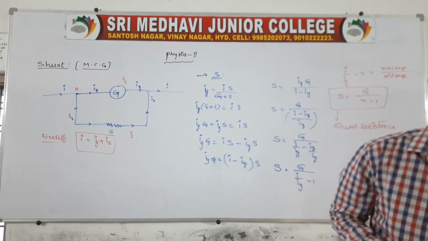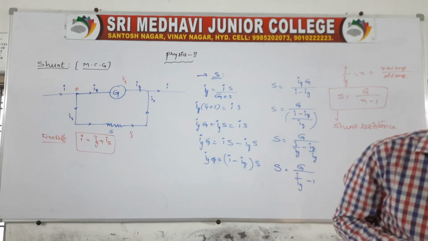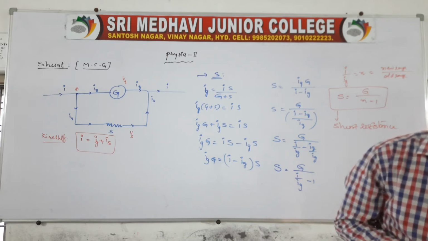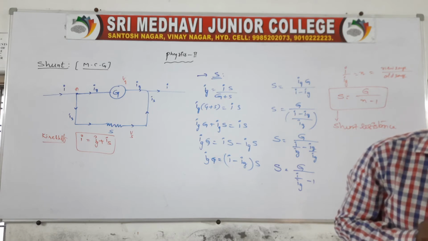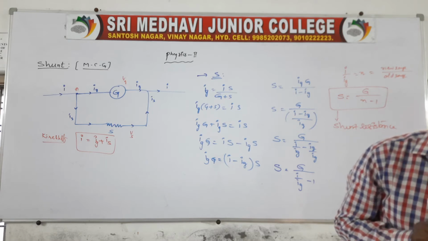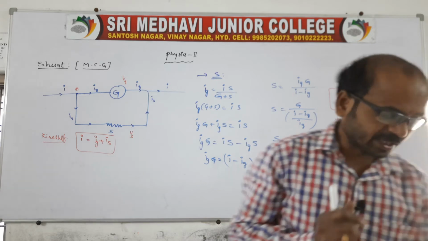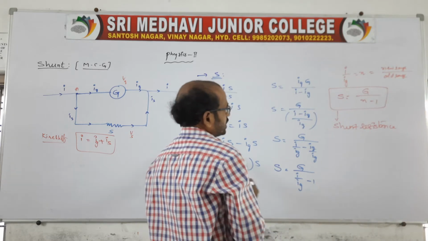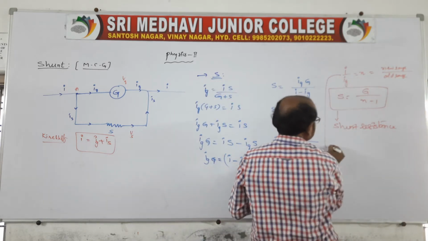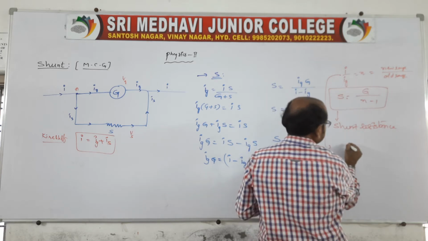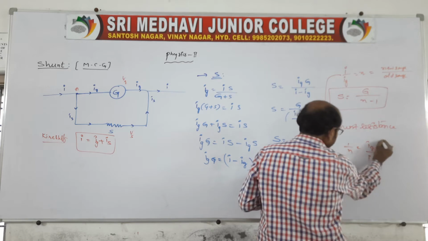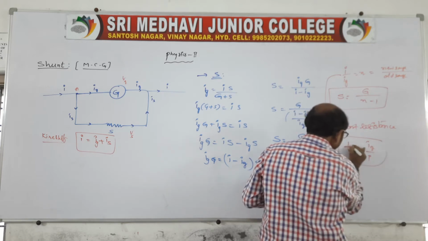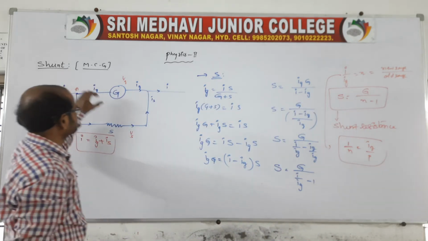So the range of a galvanometer can be increased by connecting a shunt in parallel to it. Here, if the range is increased to n times, then 1 by nth of the total current passes through the galvanometer only. From this expression, cross multiplying, 1 by n is equal to Ig by I. That means 1 by nth of the current flows through the galvanometer.